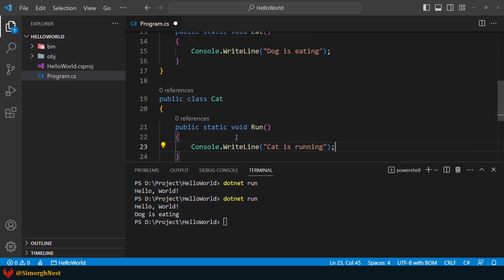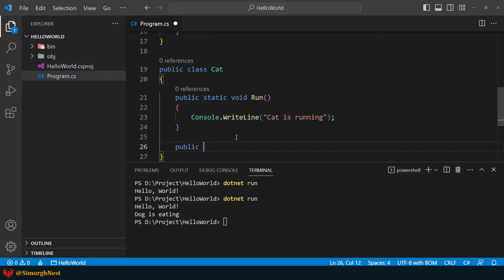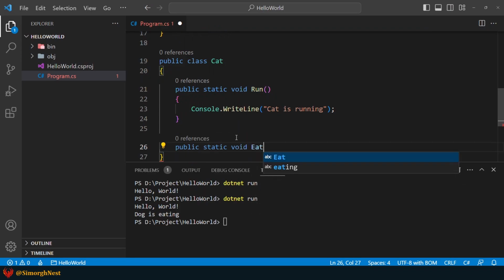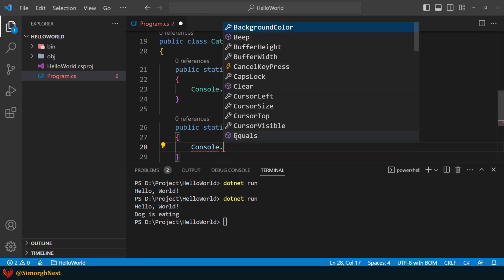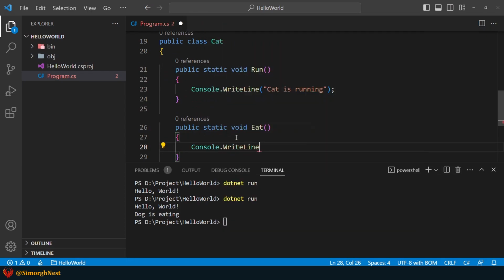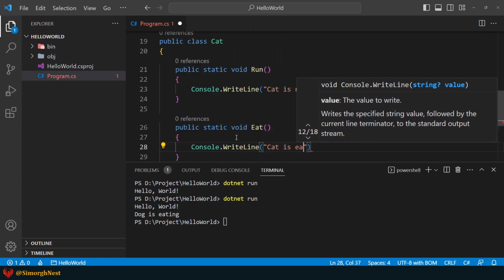We do the same for each method. Public, static, void, method name. And print the message with writeLine method. Cat is eating.